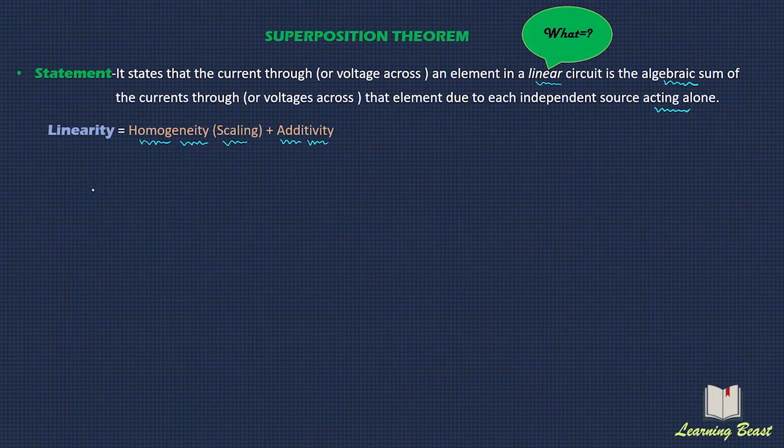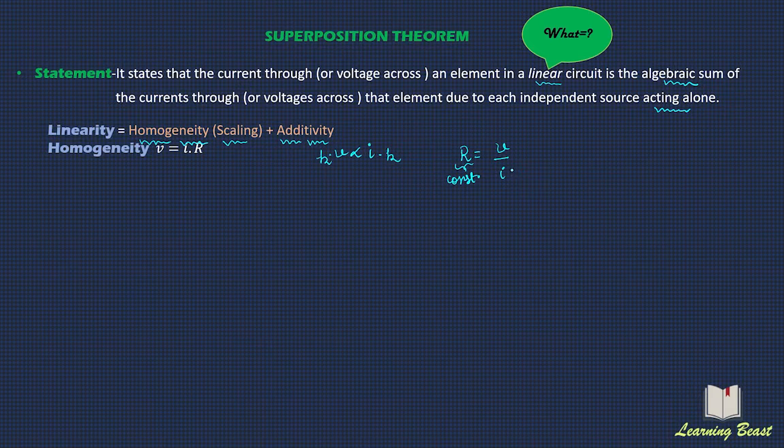Now we will learn about homogeneity. So when we look at this equation in which V is directly proportional to I, it means that if we scale the current by a factor k, then output will also increase by the same scaling factor. Or if you write the Ohm's law, which is saying resistance R is equal to V upon I, where this R is constant,